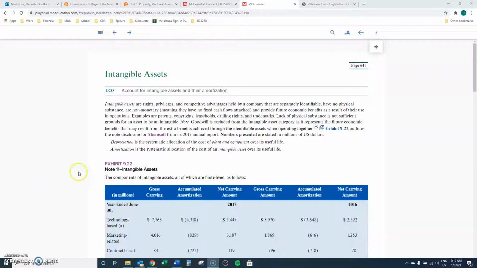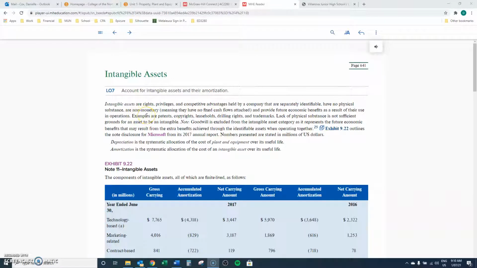And then finally, the last section is on intangible assets. So they are things that don't have physical substance. As the book describes here, they are rights, privileges, and competitive advantages that are separately identifiable but have no physical substance and are